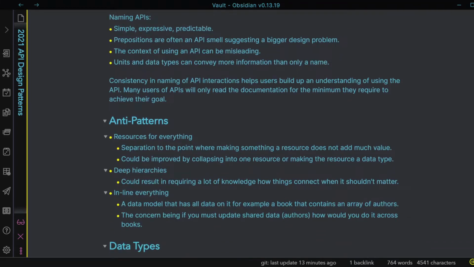Naming APIs is incredibly important. This is part of consistency. You want it to be simple, expressive, predictable, accurate. Prepositions usually mean that there's a bigger problem. Sometimes the context of the API can lead to some